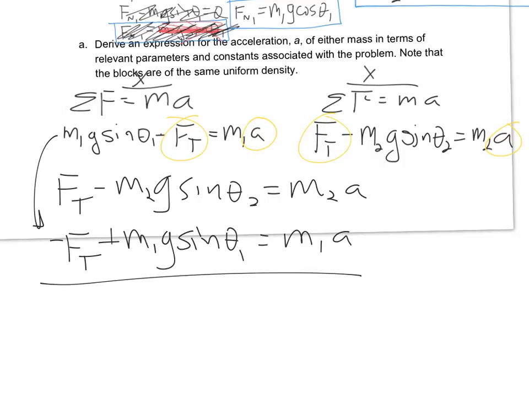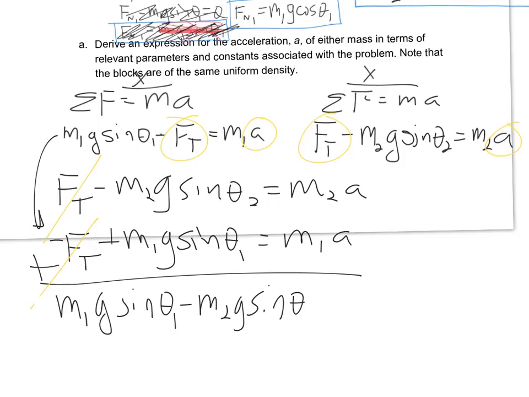Add them up. The ft's cancel, I wind up with, let's write it this way: m1g sine theta 1 minus m2g sine theta 2 equals, remember we're adding equations, m1 plus m2 times a,